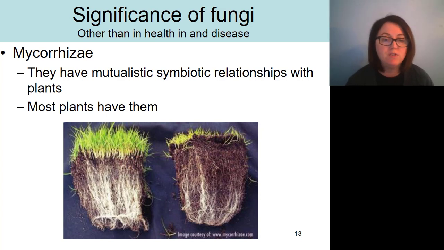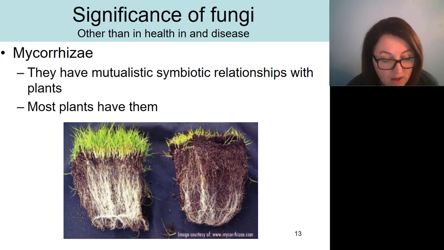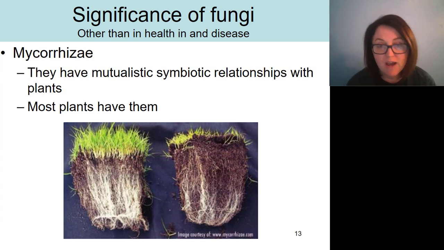So in the picture here, we see two plugs of grass. And in one case, you have grass that's growing quite nicely, and the other case, the grass doesn't look so hot. And if you look at the grass that's growing quite nicely, you'll notice a lot more white stuff in the roots, and that would be the fungus, right? So this is my mycorrhizae fungus. And these fungi can massively improve the delivery of phosphate ions and other minerals to the roots of the plant, and that's what really helps the plants to grow.